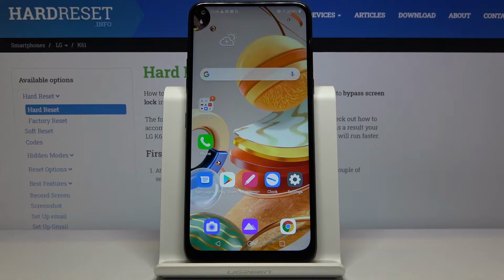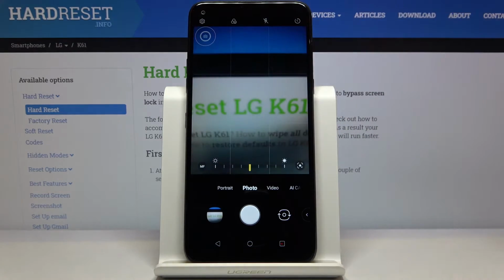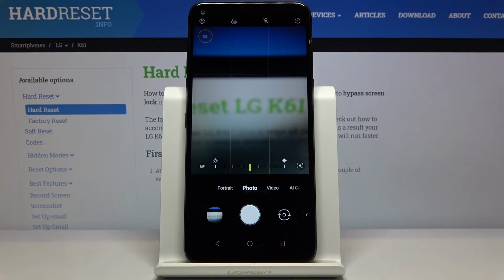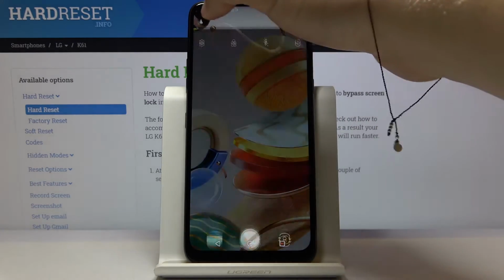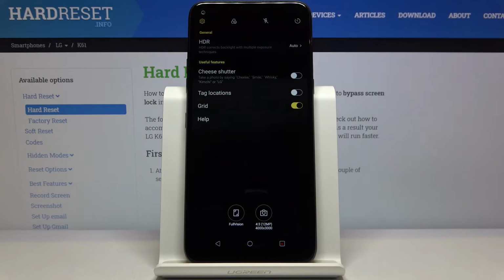Welcome. If you want to activate audio control in your camera on LG K61, first you have to open your camera, then tap on the left upper corner to enter the settings. And right now, oh sorry, I just misclicked. Let's enter it one more time, click on the left upper corner, and right now we have to select the